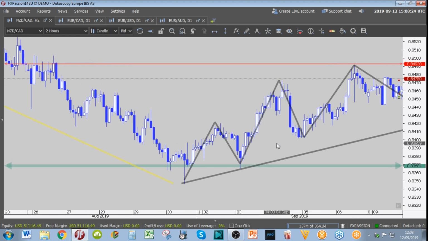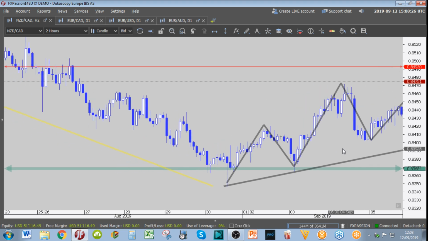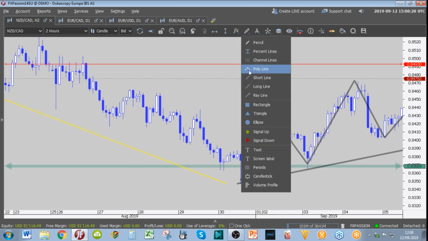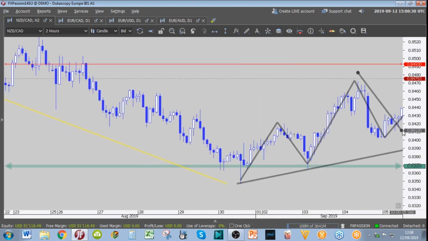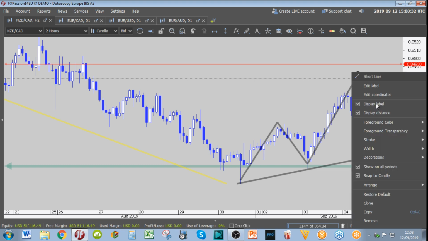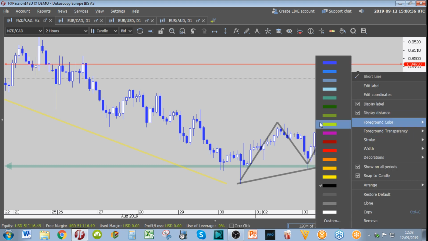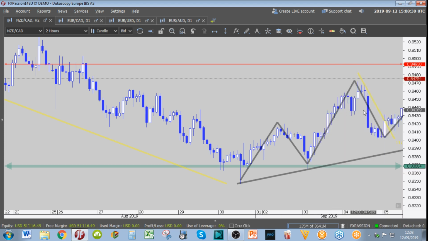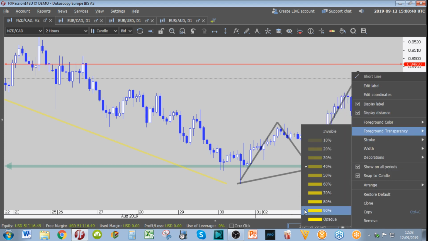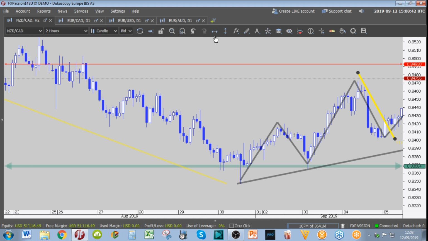Let me see. Okay, if we would go long in here, counter trendline break. Let's color code this in yellow. Okay, and full color. There you go. If we would go long in here, everyone,